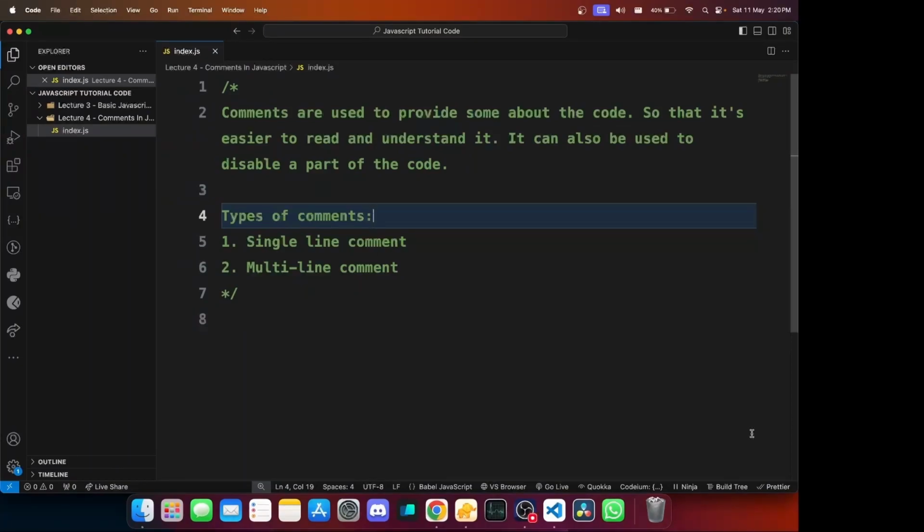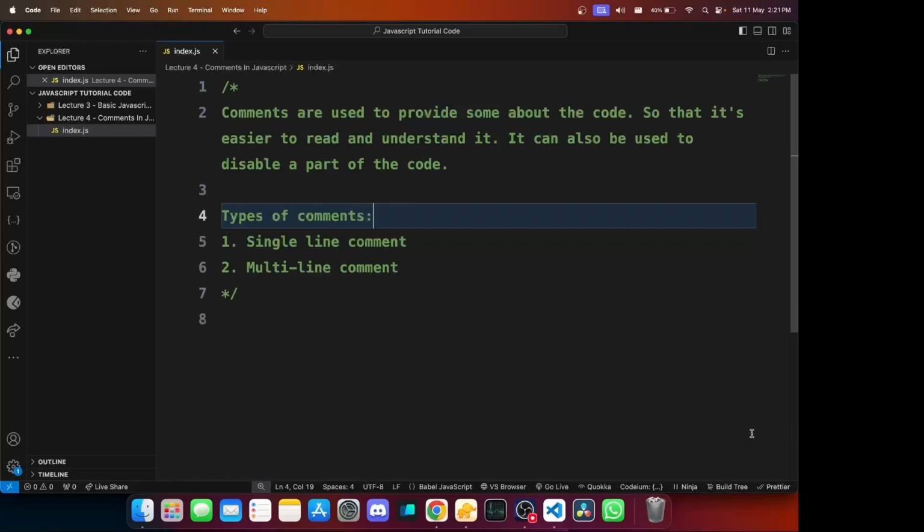In this video, we're going to talk about comments in JavaScript. So let's get started. Now, let's actually open the Quokka.js file. For those who don't know about it, I talked about it in the environment setup lecture of this series. We're going to use this tool throughout the series, and it's going to help us directly execute the code inside the file itself.